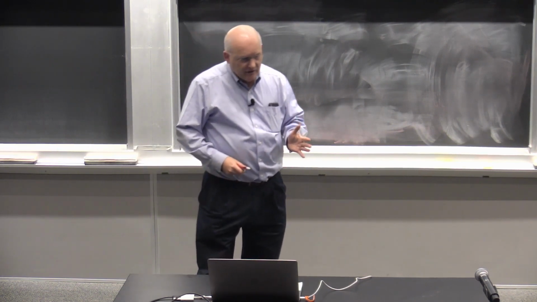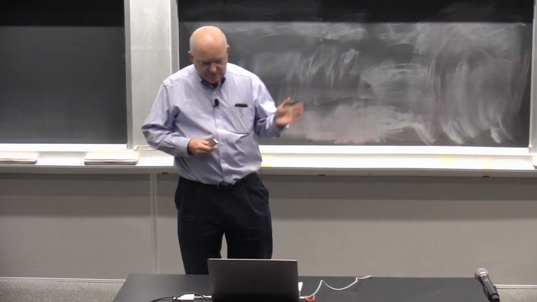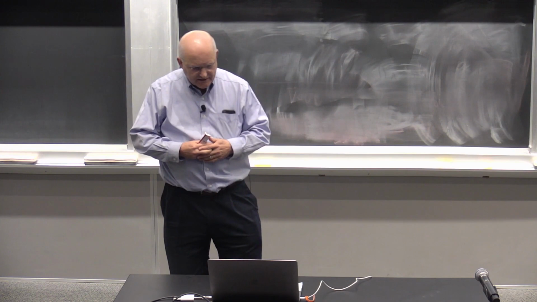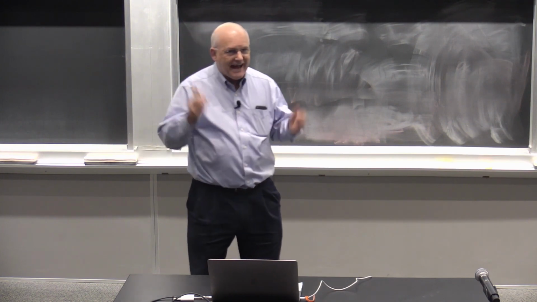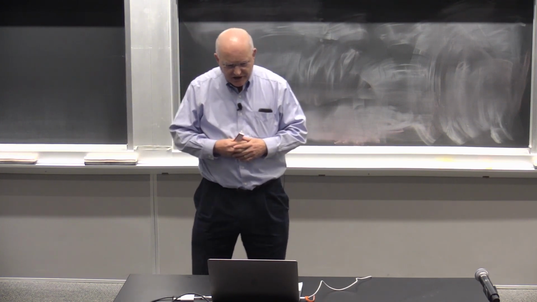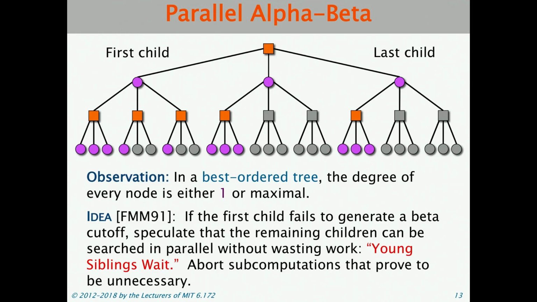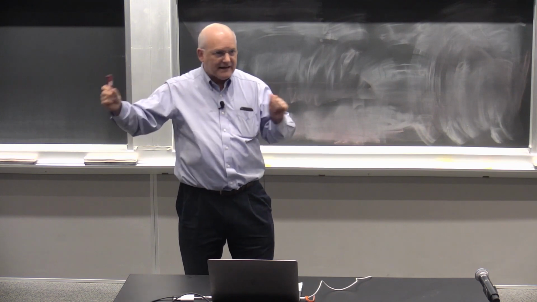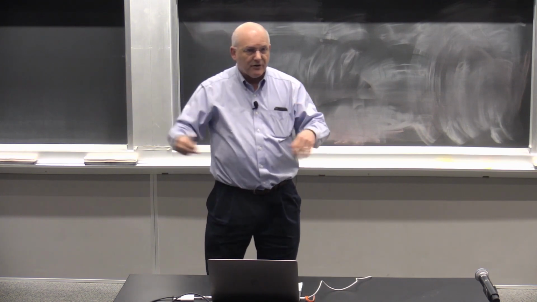And so their idea was to say, well, if the first child fails to generate a beta cutoff, speculate that in fact you have the best one, and the remaining children can be searched in parallel without wasting any work. Okay, so if it fails, you're going to say, oh, I'm going to speculate that this is in fact a full width thing. Now in practice, you don't necessarily get things best ordered, but there are a bunch of heuristics